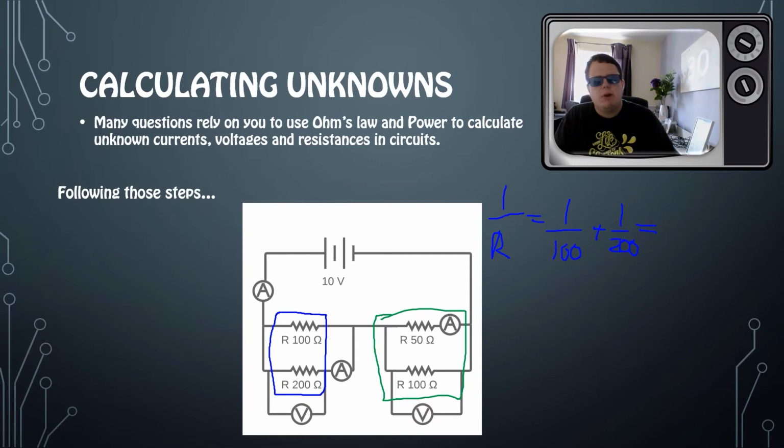Remember, we need to make sure the bottoms are the same, although you've got a calculator to do this, so it doesn't actually matter. Let's do it on the calculator. 1 over 100 plus 1 over 200 is 3 over 200. So that's not our actual resistance. Our actual resistance, remember, is going to be 1 over this value, so we press x to the minus 1 and equals, and that gives us